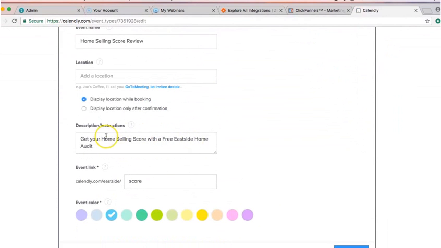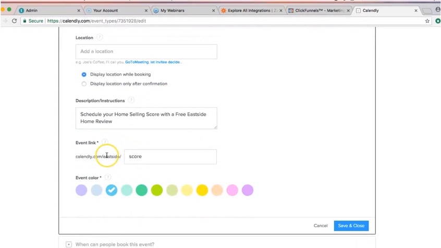for the description instructions, you're just going to put in a little bit about what this is. You know, schedule your home selling score with a free Eastside home audit, right? Or whatever you want to call it, whatever you're going to end up calling it, or with a free Eastside home review. Okay, so that's going to be the description, and then here,